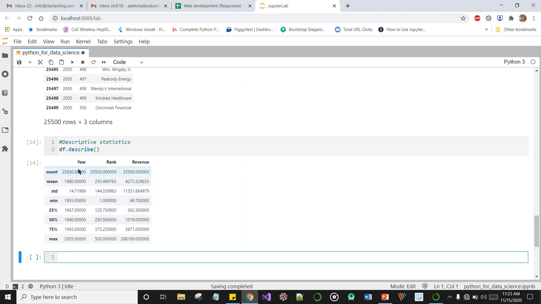The count of our data set, that is the amount of rows we have, the mean per column, the standard deviation, the minimum and the maximum, the 25th, 50th and 75th percentile.